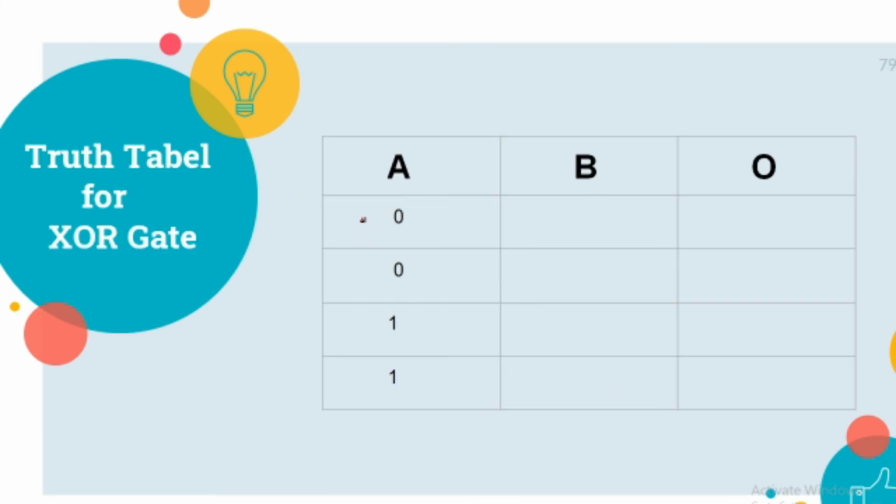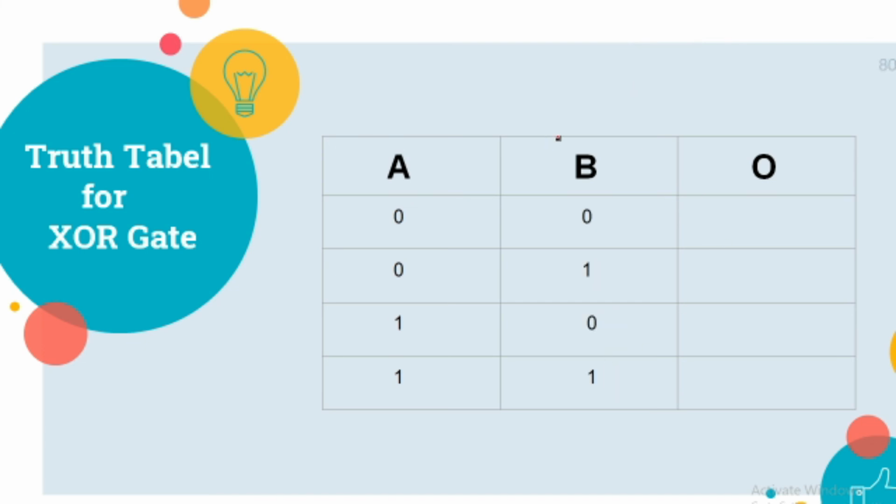For designing these, we use the formula 2 power n, where n is the number of inputs. Here we have 2 inputs, so we make this 2 power 2. We will get 4. Then we will divide this by 2 and get 2. So firstly we will put 2 times 0 and then 2 times 1. For the other input, we will again divide this by 2 and get 1. So firstly we will put 0, then 1, then 0 and then 1.